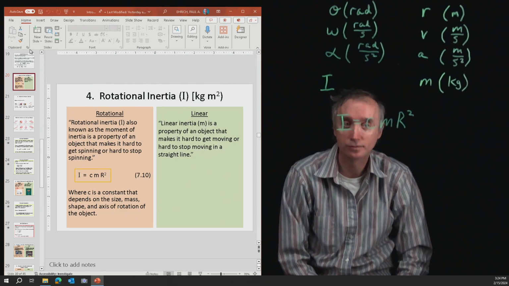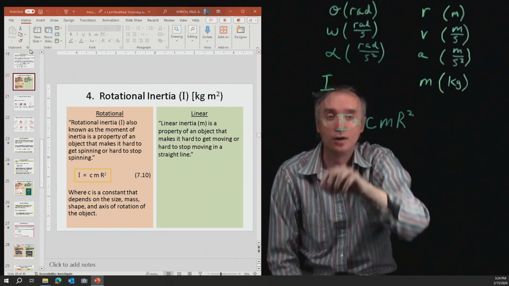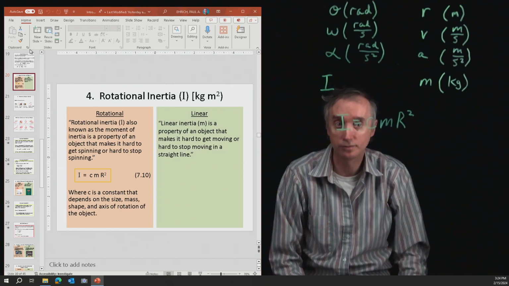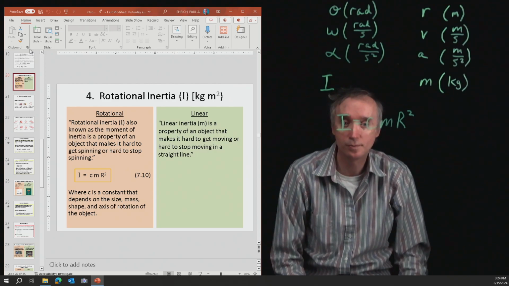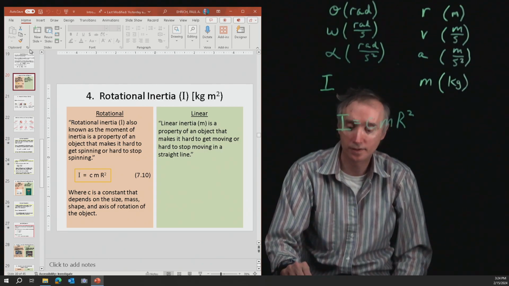The concept. So what do I mean when I say that something has a certain rotational inertia? It means it's going to be hard to get it to spin, and then once it is spinning, it's going to be hard to stop it from spinning. So as an example,